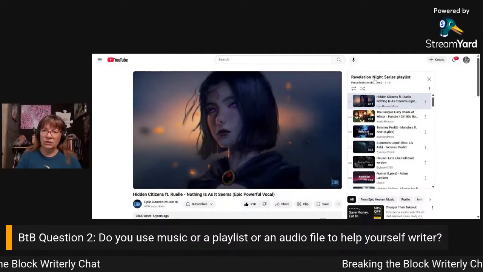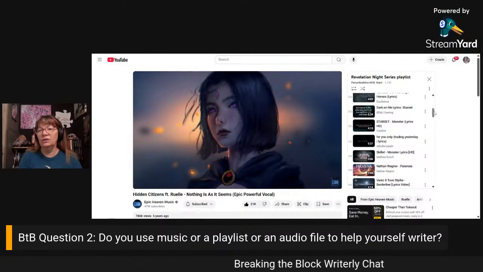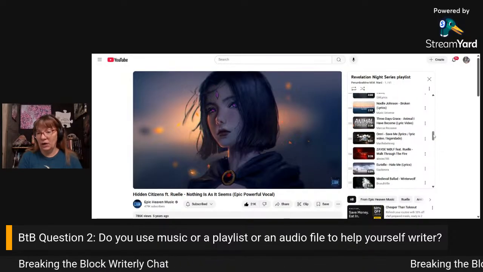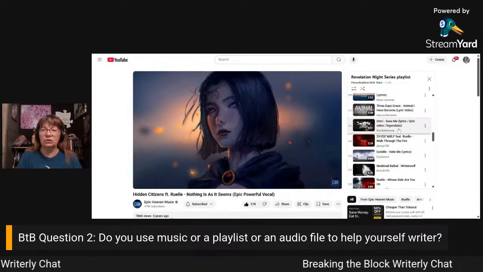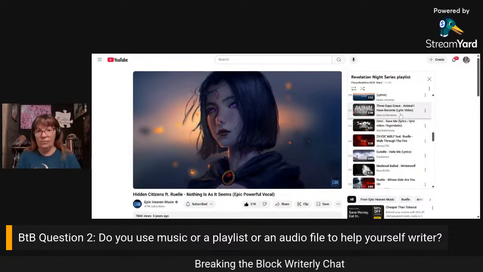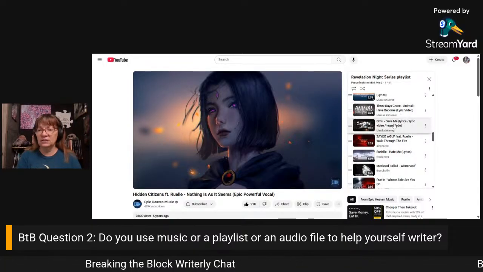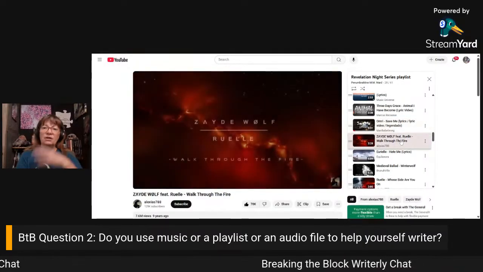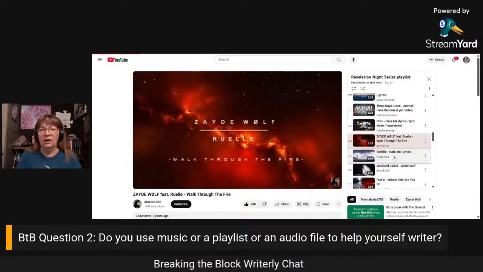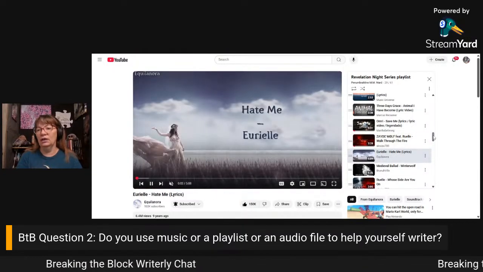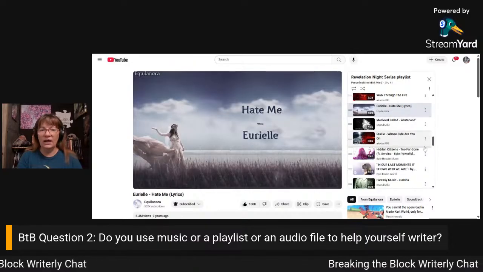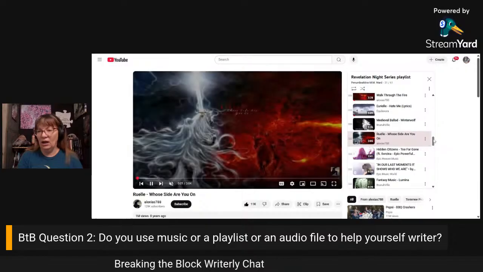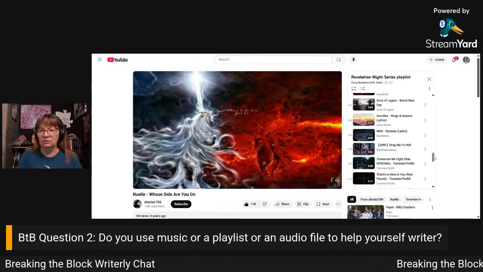For the Revelation Night series, the music in the playlist is in order of the chapters they inspired. When I was writing that one, I had one song that would be this chapter's theme song, this chapter's theme song, this character's motivation song in this part of this chapter, and on and on, all the way through 61 songs